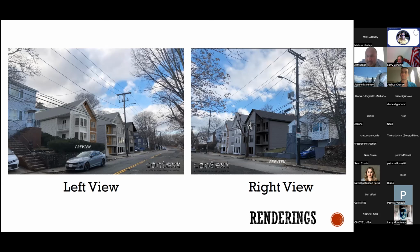I'm not even saying that's the best alternative, because in many cases you can build something as of right that really doesn't fit or look or feel like what the neighborhood should have. So we understand things like the retaining wall. I know the Crespos came out and met with you folks and tried to go over that and resolve issues around that, and that's still ongoing. But things like open space that are not required in this district, we actually provided well over that amount. Parking,